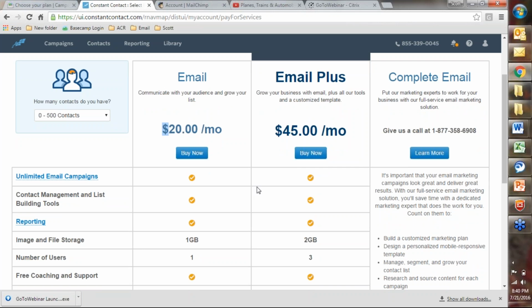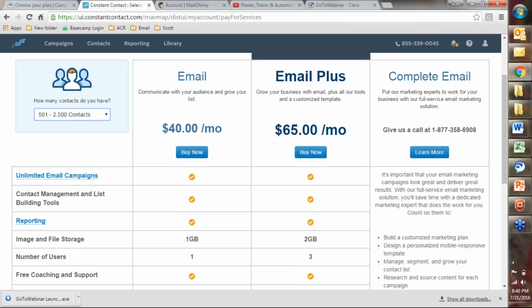So like I said, Constant Contact is fairly inexpensive, 0 to 500. You can see the differences. You can kind of go through the pricing here. If you have between that amount, it's going to pop up to $40 a month. You can go to the Plus plan here with their tools and customized templates. And that's again a business decision you have to make. I don't necessarily know if you would need that for what you're doing in this sense, but if you are emailing more than 10 to 15 times a year, that may be something to consider.